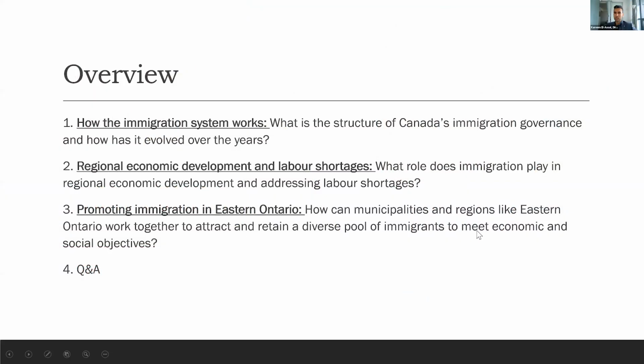I've been invited to address three topics in my remarks. The first is to provide an overview of how Canada's immigration system works. So I'm going to try to do my best to walk you through about 160 years of history in 2 to 3 minutes. I'll then explain how our immigration system supports regional economic development and helps to support the goal of addressing labor shortages. And then third, I want to talk more about how we can promote immigration in Eastern